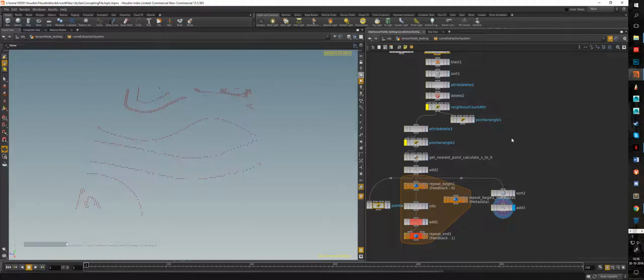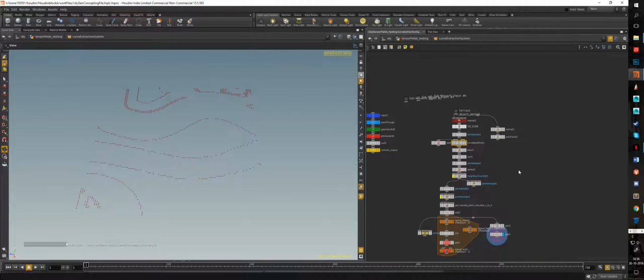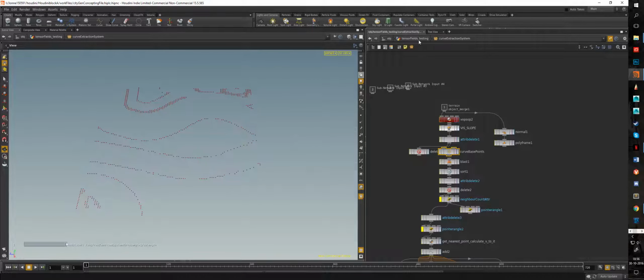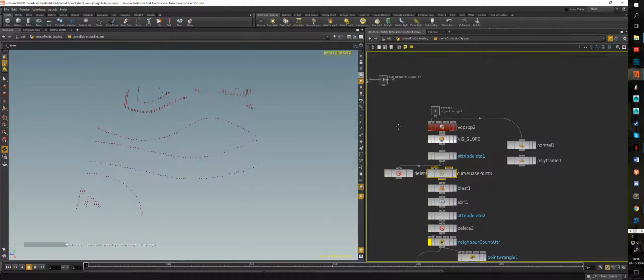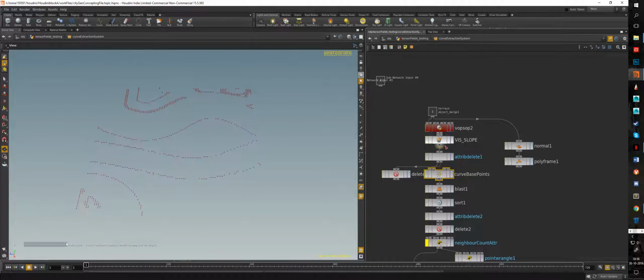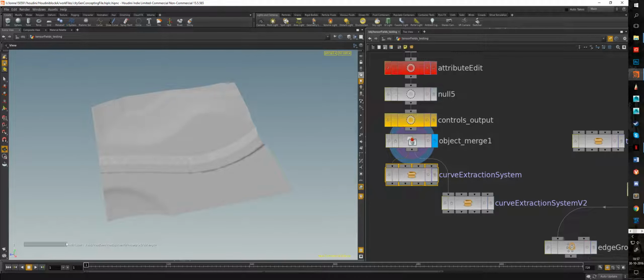Nothing turned out right. And after a long while, actually, I got the suggestion from Fernando that I should use Voronoi. Now, that was kind of unclear to me, what I should do with that, and he then explained, well, right now you're deleting a lot of information, so I'm only keeping these points, and I should do it the other way around. I should keep the areas that are valuable or usable for the system. So that gave me an idea, with which I moved on to the second iteration of the curve extraction system,